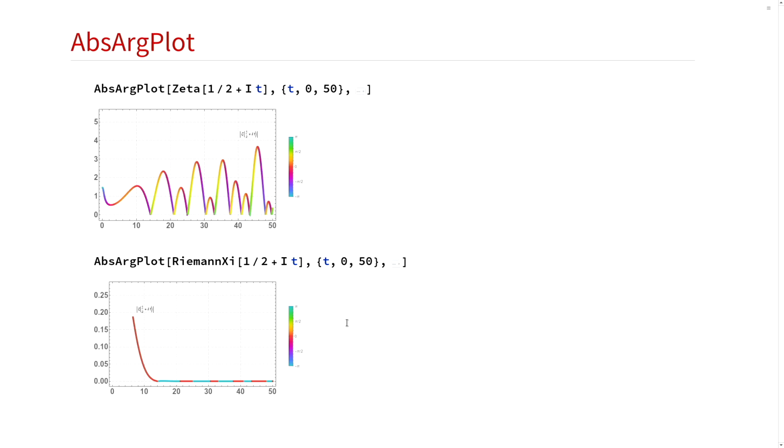I'm also overlaying these plots with the roots of the zeta function using Epilogue. But the two options to note here are ReImLabels and ReImStyle, which are new options for ReImPlot, which give you better control over styling and labeling both the parts that are the outputs of this function. AbsArgPlot